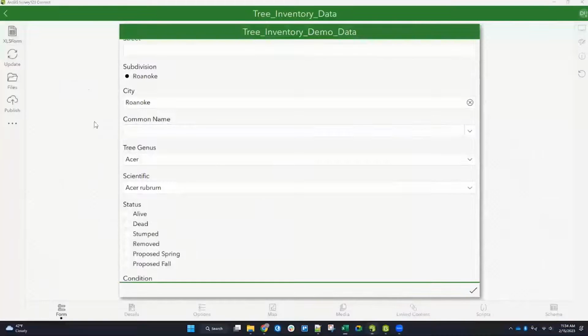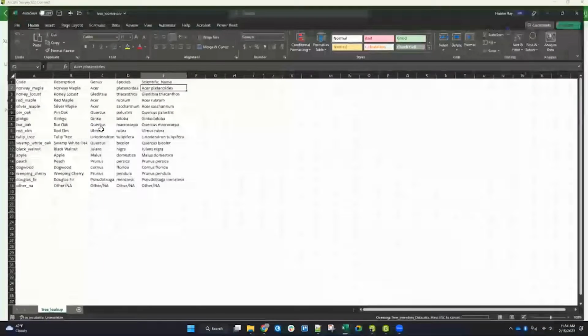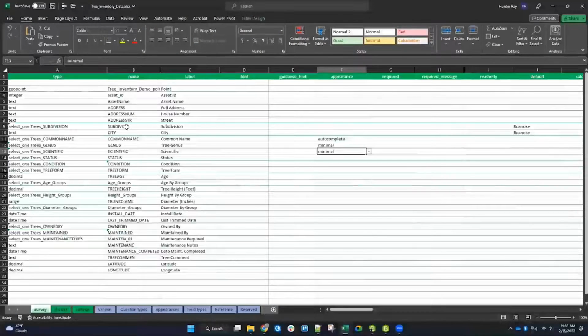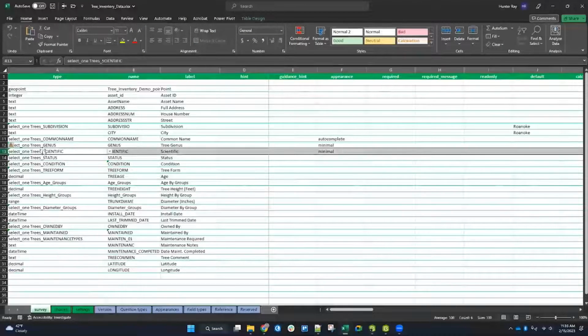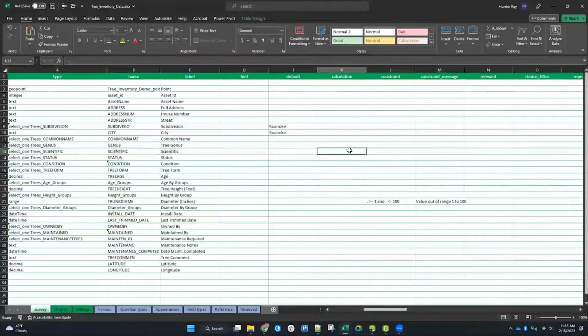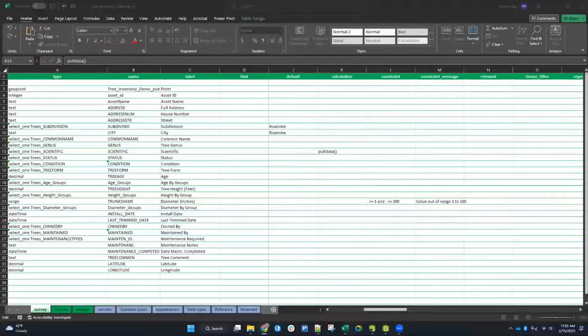And I'm going to go back into my form, and this is what we would call a calculation. Very basic. We're going to select the field that we want to calculate. In this case, it's a scientific name. And I'm going to scroll over here to the calculation. So a pull data request is just the words pull data as one and then parentheses, and there's 4 parameters that go in here. So if we look at this, the pull data request has 4 parameters, and the first